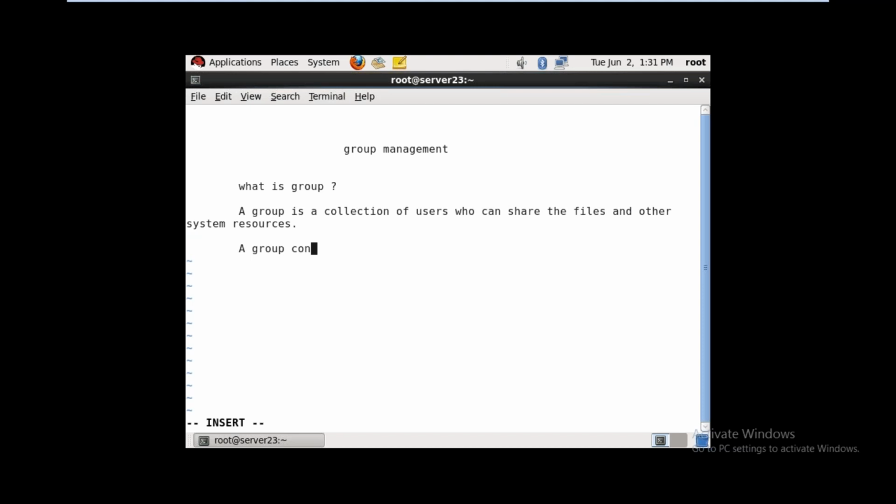A group consists of a group ID and a group name. If you go to any company, we have different groups: Java group, Oracle group, developers, managers, like that.